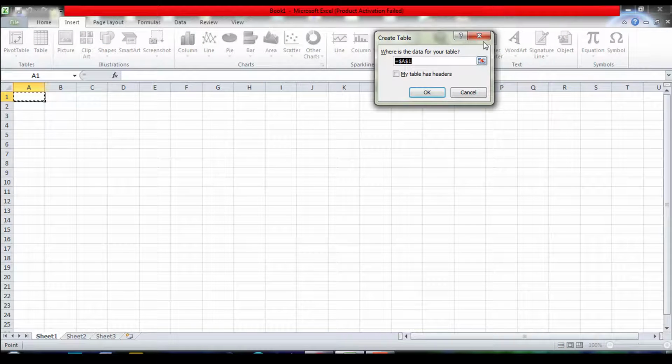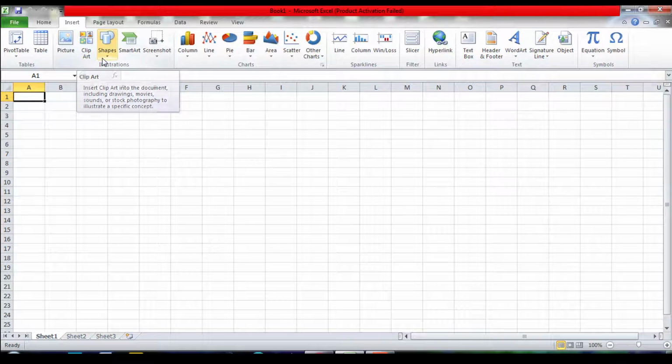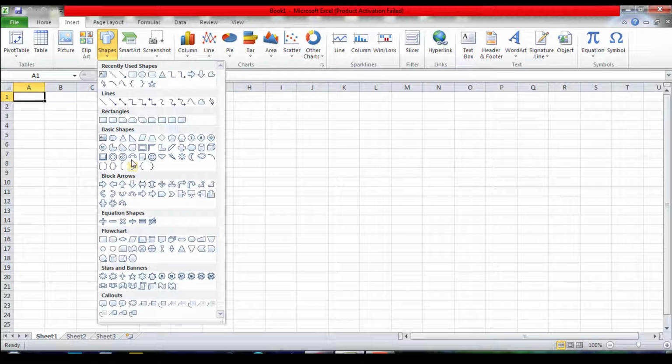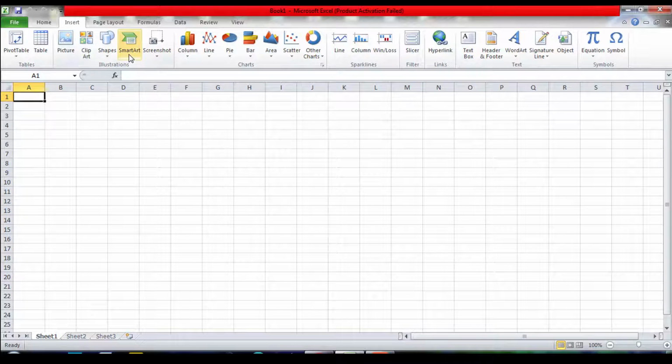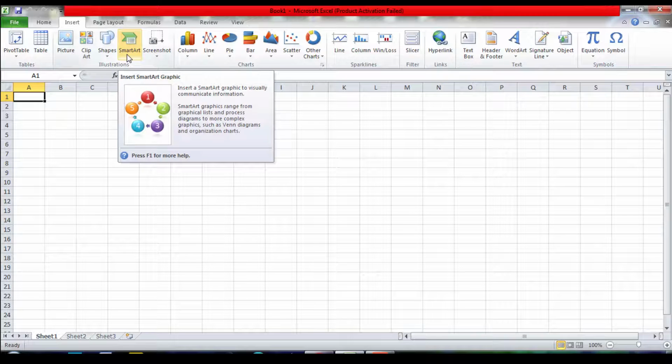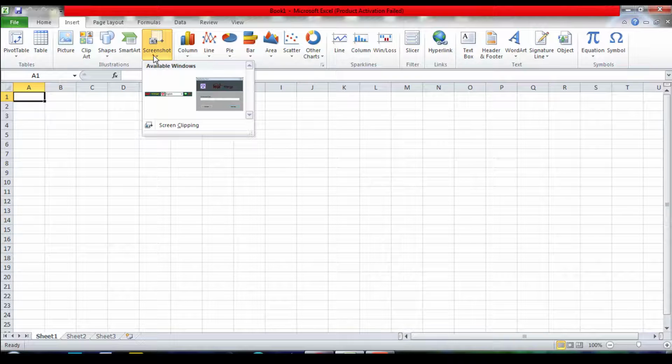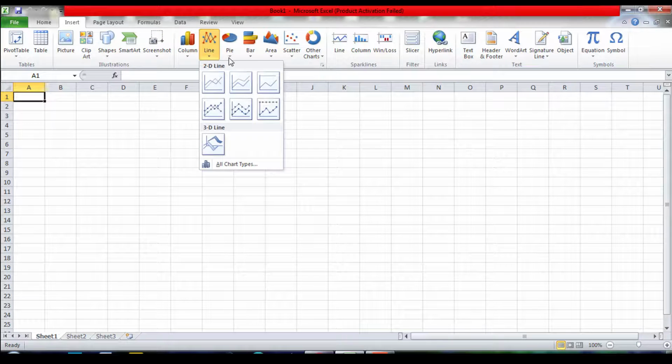Then I will show you the Insert menu. The Insert menu has table, picture, clip art, many more shapes, SmartArt, then screenshot. After that, column, line, pie, SmartArt, screenshot, column, line, pie,